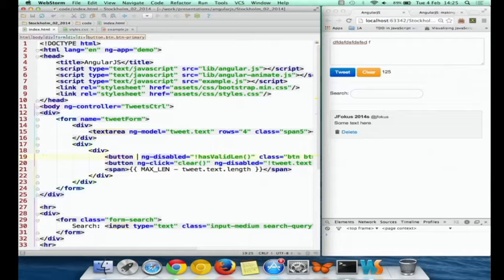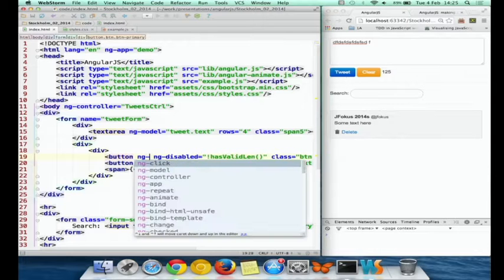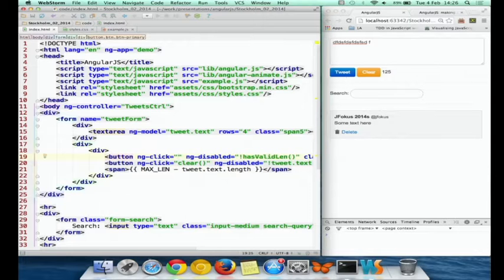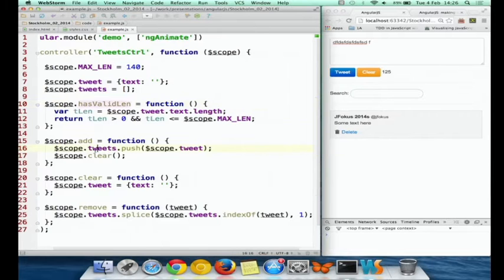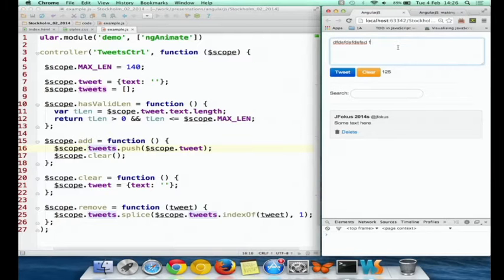So once again, on clicking on this button, we want to add a new tweet. So we can use ng-click. And there is the method add here, which I've prepared before. But this method add doesn't do any DOM manipulation here, right? It just pushes a new tweet to a collection of JavaScript objects. So there's no DOM manipulation, it's pure model manipulation.